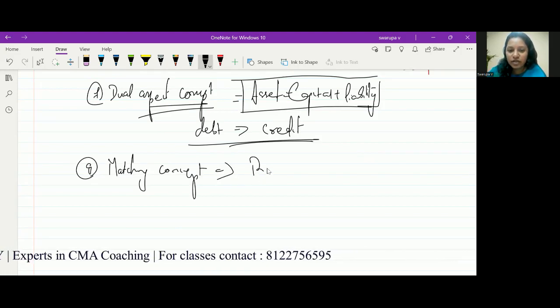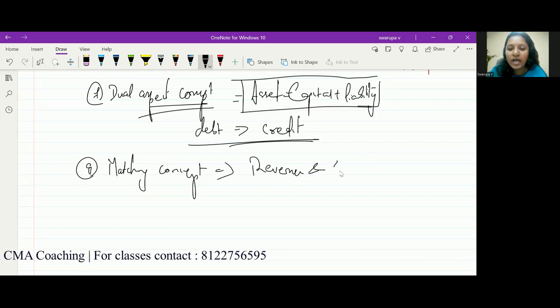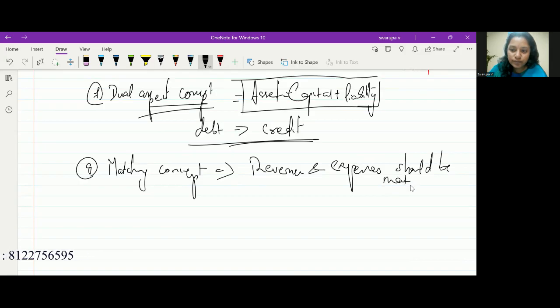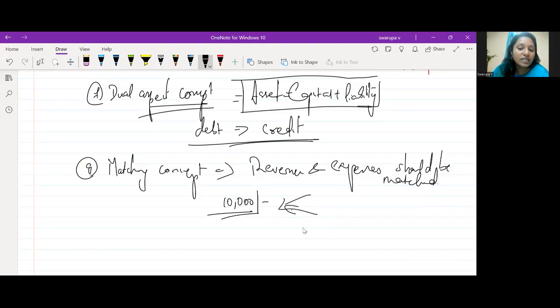Matching concept என்ன சொல்றாங்கன்னா revenue and expenses should be matched. Only when we match the revenue and expense, we will identify what is the correct profit and loss. So revenue and expense should always be matched. இப்போ இந்த year நான் வந்து if I made a sale of 10,000 rupees, இந்த சேலுக்கு what are the different type